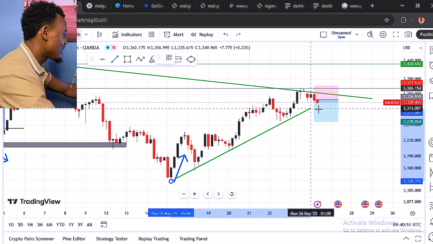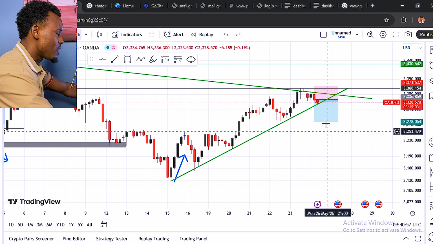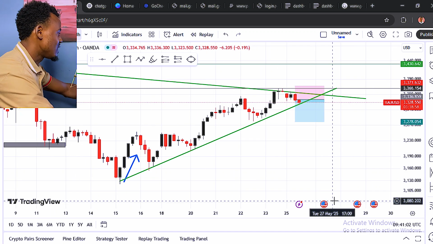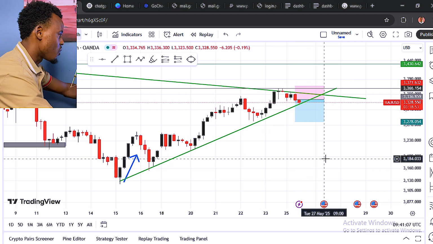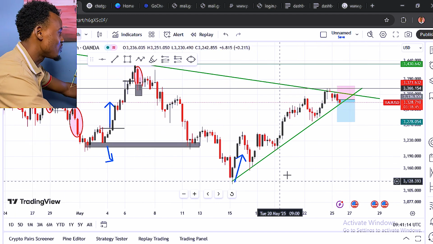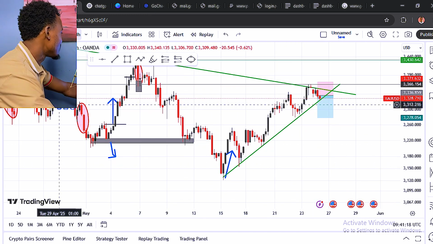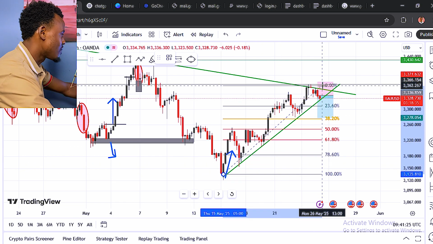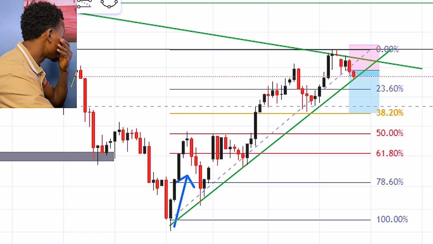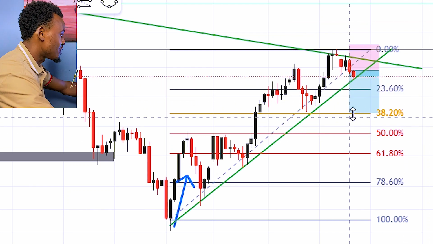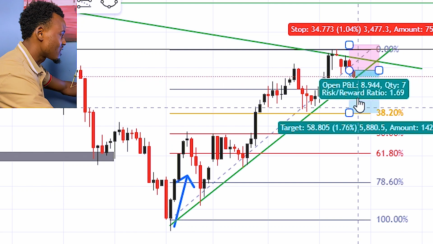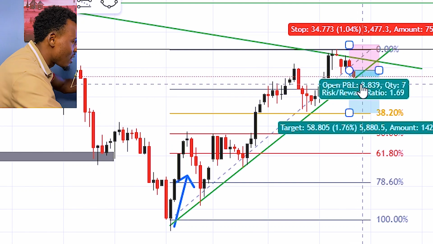Whatsoever happens around here, it's going to be fine by me because I've already taken some little profit there. So what I'm waiting for right now is either price breaks this zone downward or breaks the side upward. And my Fibonacci retracement is telling me that this price is basically coming to do some retest around this zone. So this is my lower low and this is my higher high around this zone. My Fibonacci is telling me that it's really going to get to this place to do some retest. But if price does not get to this particular place, I can choose to take my profit from where it is. So I hope it's clear enough.